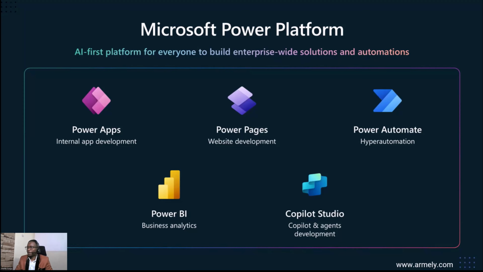And then we have Power Automate, which is our tool of interest today, which is used for hyper automation. You can automate workflows, and we have the Power Automate Desktop, which is for RPA, and then we have Cloud Flows, which is the DPA, Digital Process Automation. So the digital process automation works when you have APIs that can connect to different systems. But when you don't have an API, then that's when you use the Power Automate Desktop.